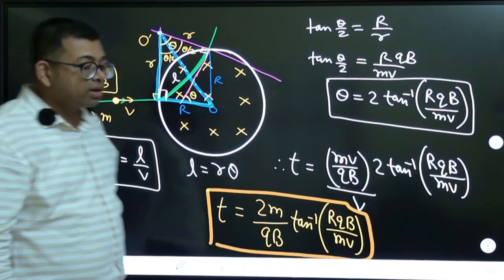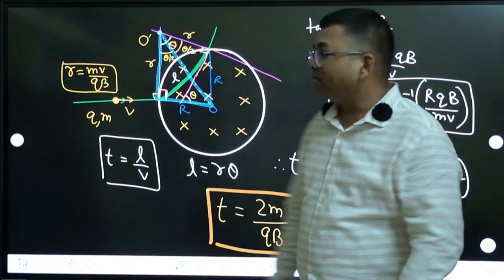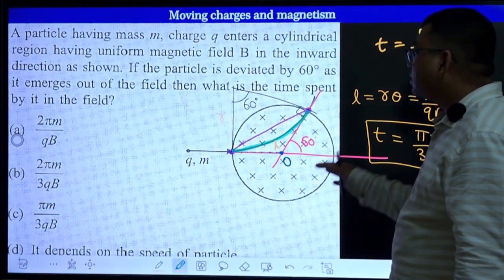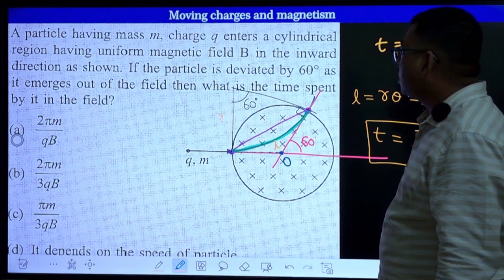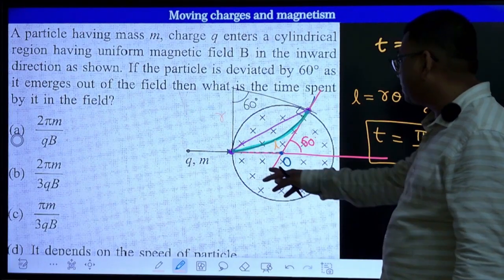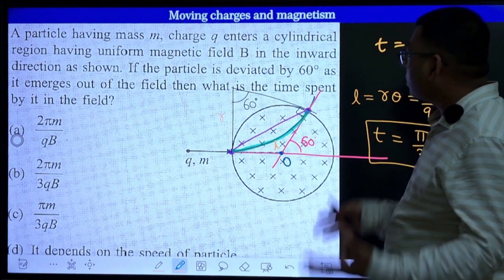So I hope you got this idea, but in this question they must have mentioned what that radius is, otherwise we cannot say that. So in a true sense, you can say that none of the options can be correct unless they mention this. But if you assume that